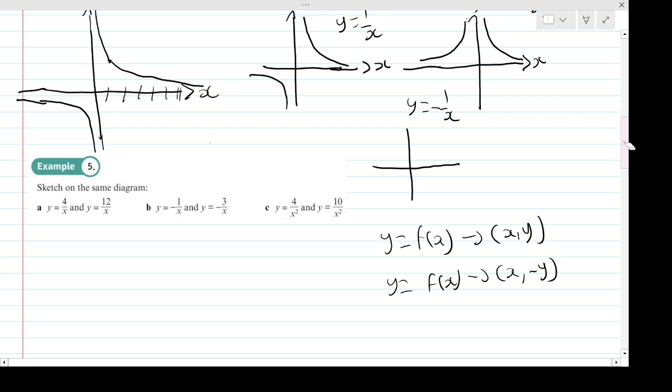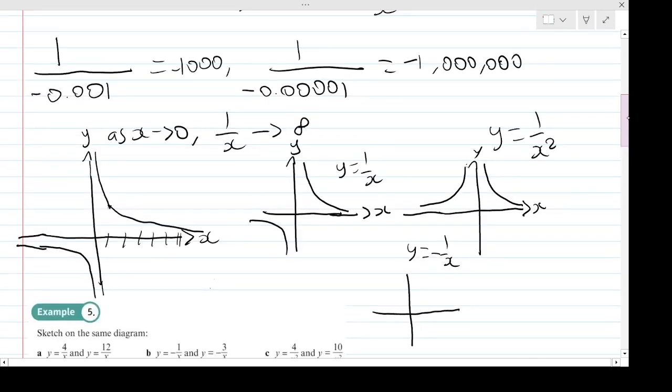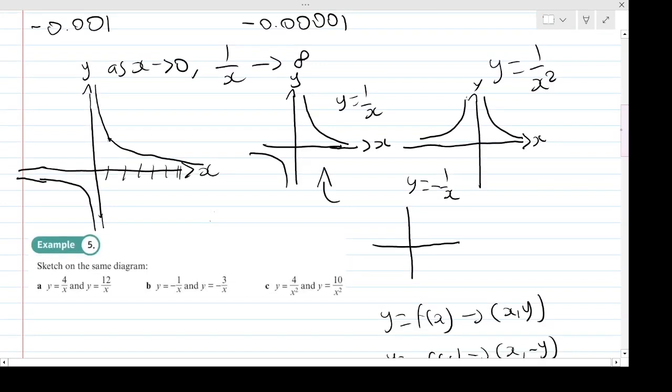Because, well, think about it. If we have y is f of x, you just effectively times both sides by minus 1. So minus y would equal minus f of x, hence the minus y coordinate. Which means if we do the negative of a function, so if we do the negative of this fraction instead, we're kind of making the y coordinates negative. So what would that look like then? The x coordinates stay the same, so with that in mind, with our graph 1 over x up here, if we just take every part of the graph and make it a negative y coordinate,